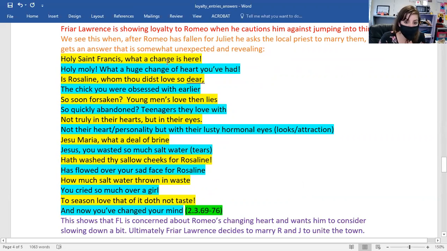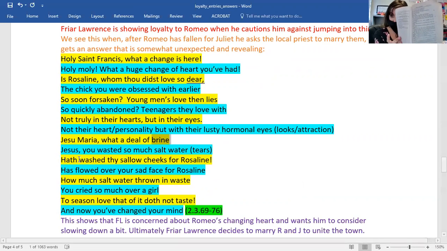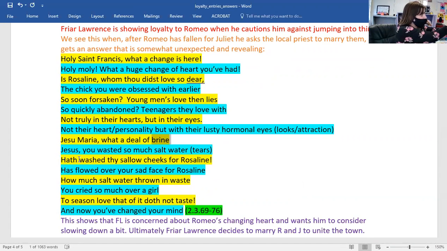So I wanted to bring up how one word that might have stopped you in your tracks is brine, because he does keep referring to it for the rest of the lines. If you don't know what brine means, there is this amazing thing on this side of the book. My Zoomers, it's kind of hard to see, but my roomers, you should have your books in front of you too. See on this side, on the left side, there's a translation key. On the side that doesn't have the original text, the editors have decided that people might have trouble with these words, so they tell us what they mean.